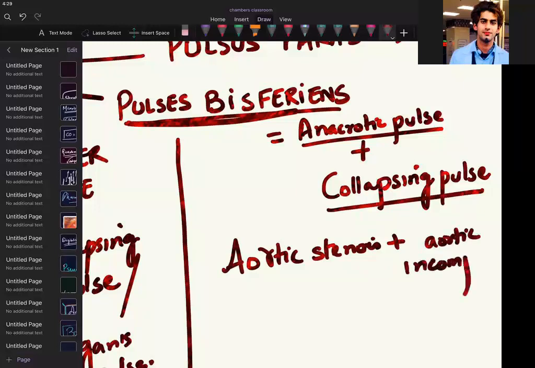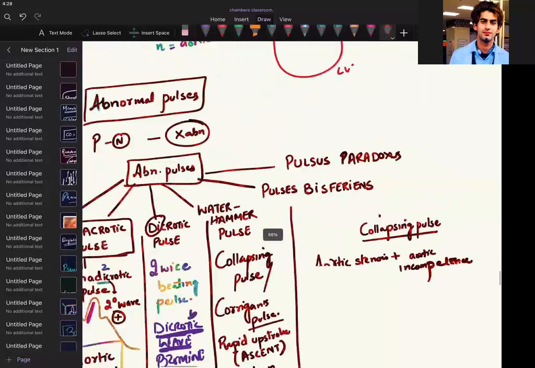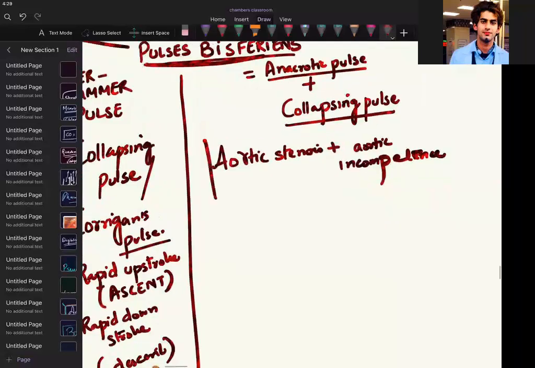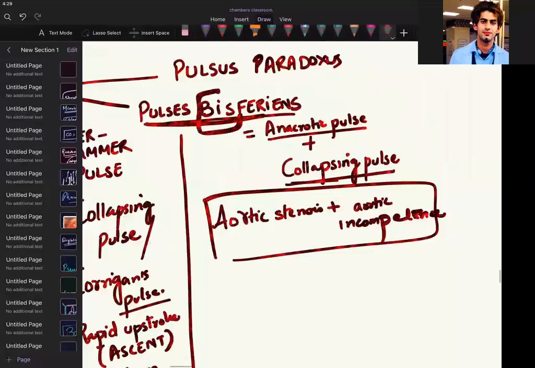Can we understand what we are writing from the discussion? We have discussed everything. Now their combo: if a combo disease is there, then a combo pulse. Like when they tell you one product is free with this, the features will definitely also come with that. It is not that they will be removing some features. How will we understand? Bis means two. So bis means I have two diseases at the same time, and that means the pulse will also show both.